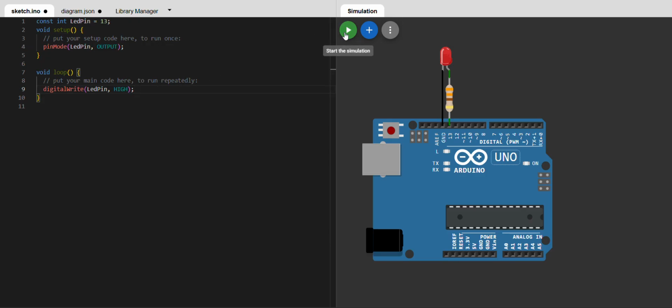So let us run the program. I have given digitalWrite LED pin HIGH. It means it should be high continuously, right? We have to supply 5 volts continuously to the LED, right? So I have given this particular digitalWrite method in the loop function, whereas pinMode LED output I have given in the setup function. If you declare it only once as an output, it will be treated as output until you change it next time. But in the case of sending voltage, you have to send a continuous supply to the